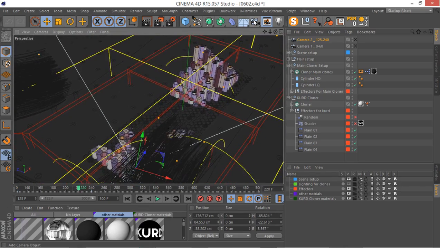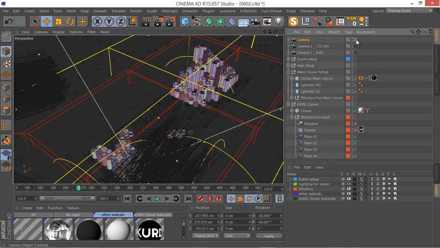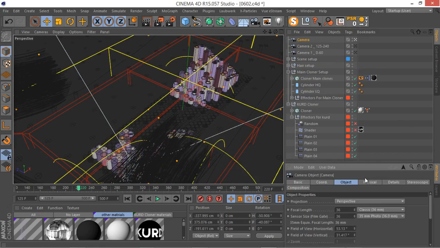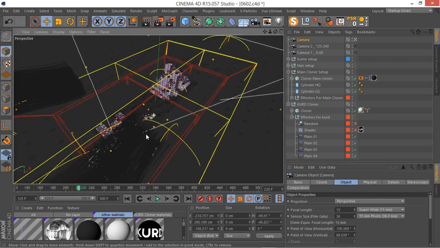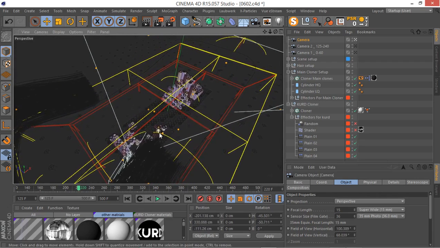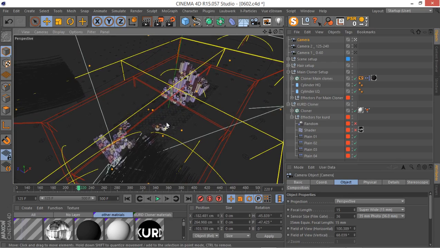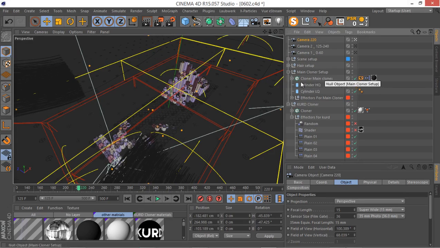Let me just create a camera here. I'm going to go to that camera again. I'm going to change my length to be very wide. In this project I mostly used wide angle cameras, and let's just change this to something like 15, and that's going to be very nice. Let's put something like this angle maybe. Just name it camera 220 for frame 220,